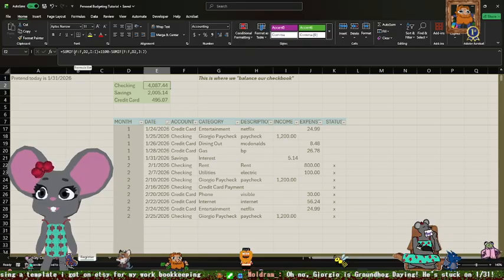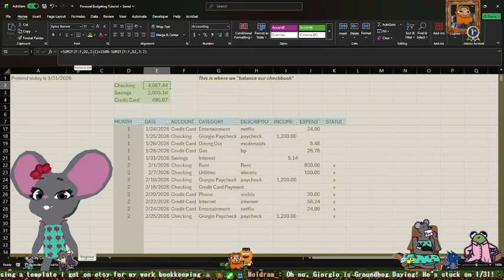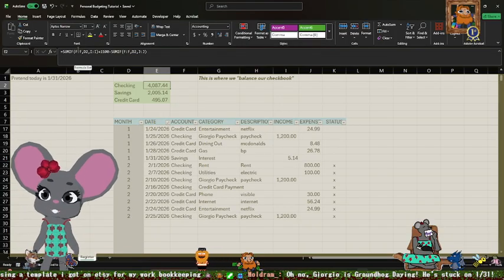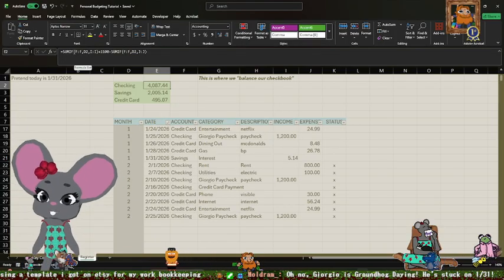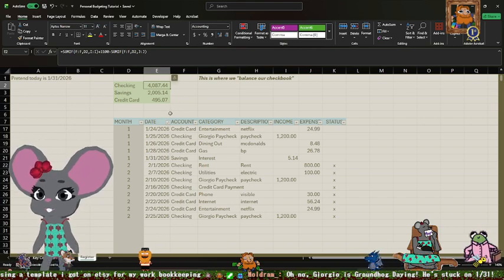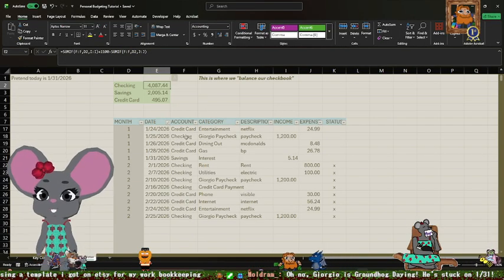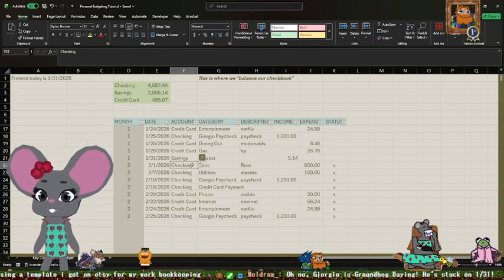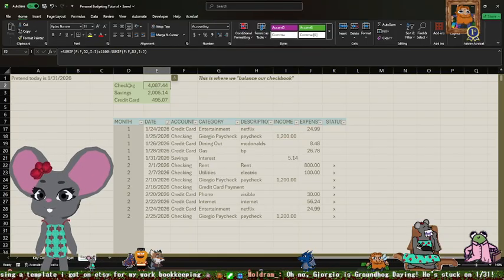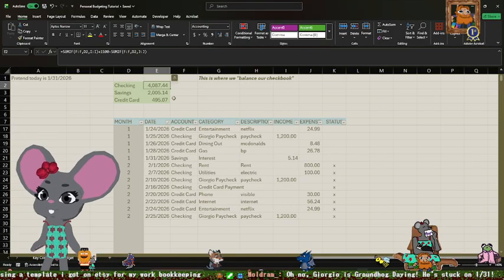We're going to change that to SUMIFS, plural, so it only sums things when multiple conditions are met. Currently, a singular SUMIF is only checking against one criteria, which was our account. Anywhere it says checking account, it totals up that amount for the checking account, and so on. So we're going to alter this formula.